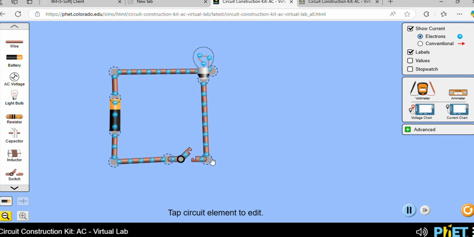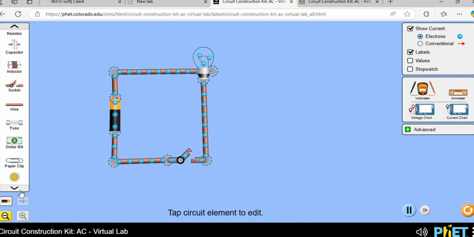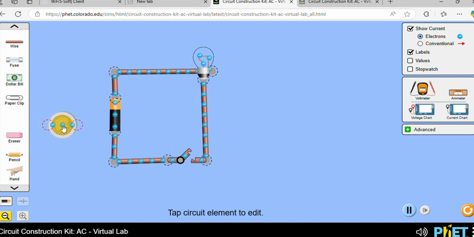Align it. And what happens if we put a coin? So we have our coin here and put it here in your circuit.